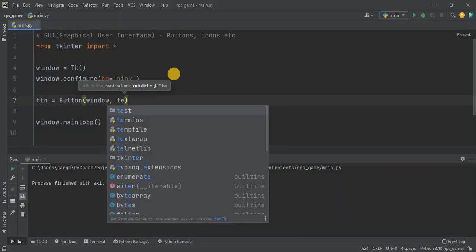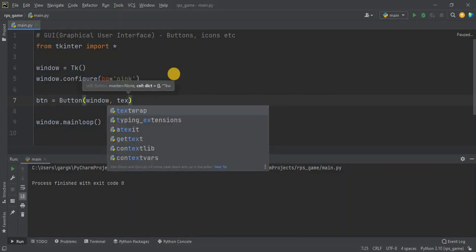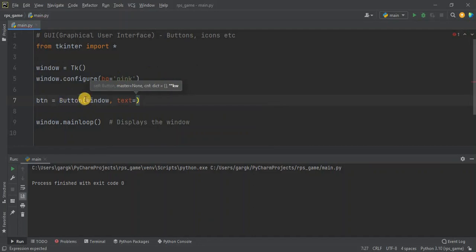text equals, this means the text that will appear on top of the button. And why did I pass window over here? That's because if I don't pass window, this button won't know in which window it has to appear. Now I will say text equals rock because the first button of this program should be rock. Okay, now let's run the program